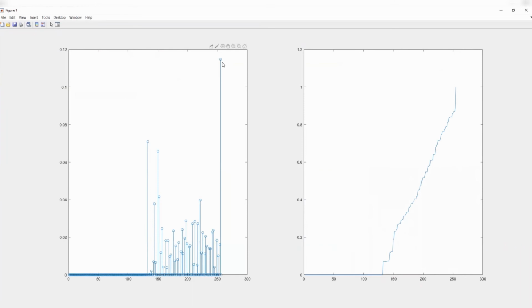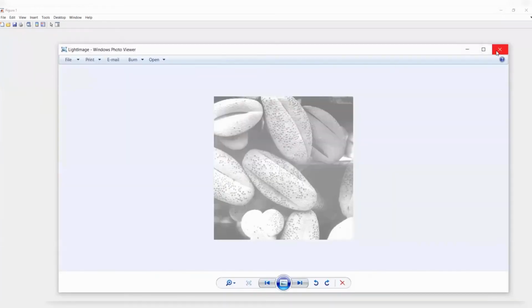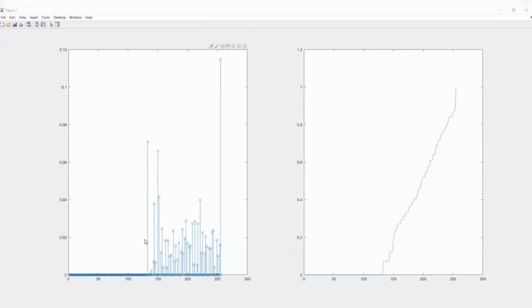Okay, so in the image given, what is the image given? The image given is that light image. Okay, let me just take it outside. So this is the image. Don't forget that. In this image, the normalized histogram is something like this, and this figure shows me that almost 11% of the time I experience white in that image. I don't know where exactly the white comes, but I can tell you that 11% of the time white, or the 255 intensity, is actually going to happen in the image. That's the likelihood of that. Or not likelihood, I should not say likelihood, the probability of white is 11.5%, or the 255 intensity level is 11.5%.